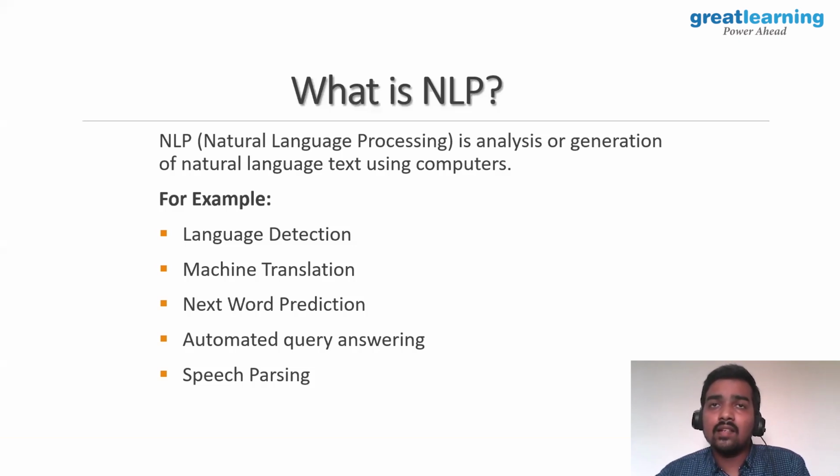If we make these things understandable to the model, we can do some processing out of it, which might be analysis, based upon which we can come up with some insights, or we can even generate the language altogether. So NLP is nothing but natural language processing, which is the analysis or generation of natural language using machines or computers. Without human intervention, we are asking the model to learn and derive patterns from the existing languages, and out of that we help the model understand some of the patterns and go through some analysis and generation.